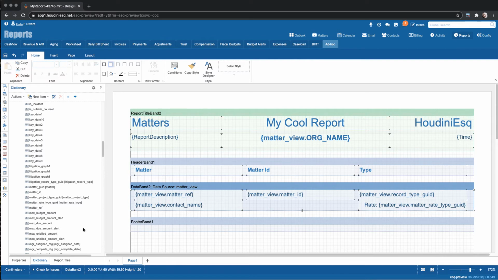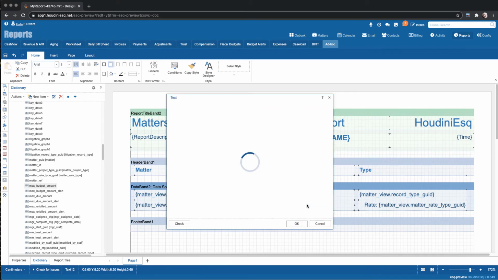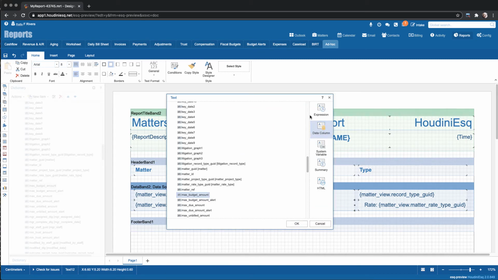I already have the matter ID, so let's do my budget amount, and just for this example, I'm just going to drag it onto the canvas, resize it. And if I double click it, I can change that. If I made a mistake, I actually want to do amount, matter ref. We're going to leave it as the budget,